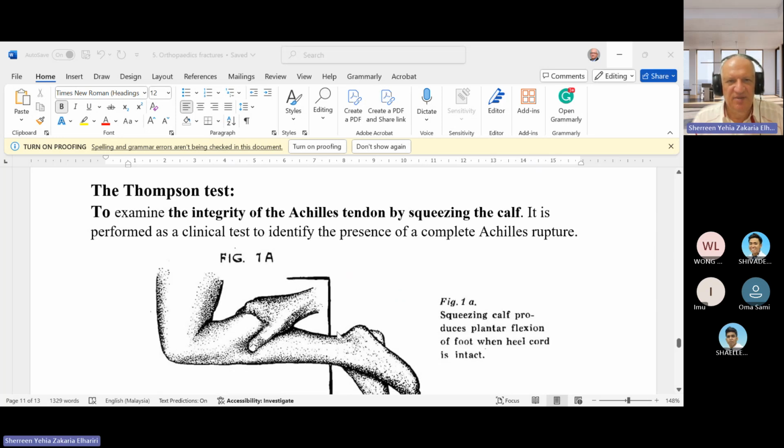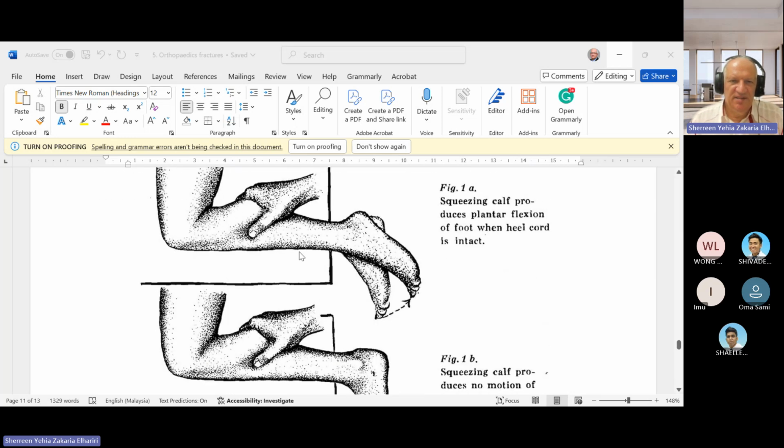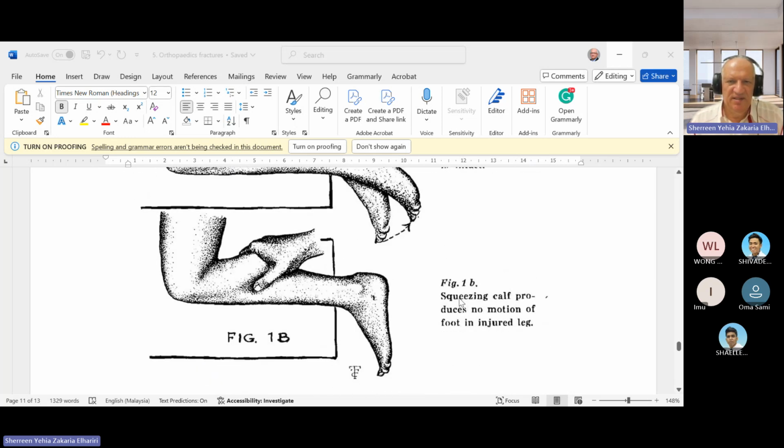I think the last few topics are very important and very common. Thompson test is to know the integrity of the tendon, just squeezing the muscle here. Squeezing the calf produces plantar flexion of the foot when the heel cord is intact. So normally, if you squeeze the gastrocnemius muscle, plantar flexion occurs. If it does not happen, so squeezing, no movement,